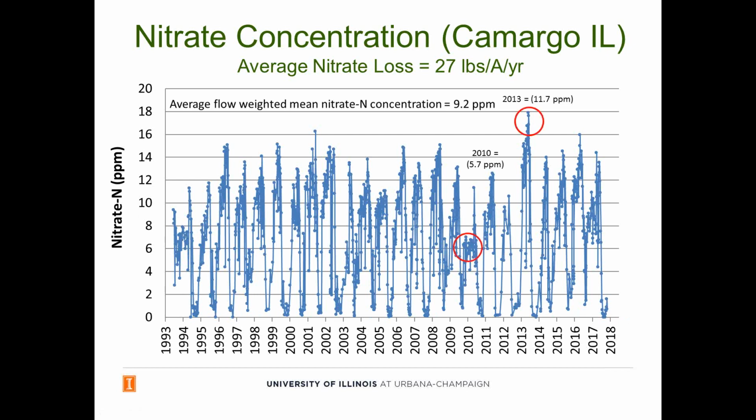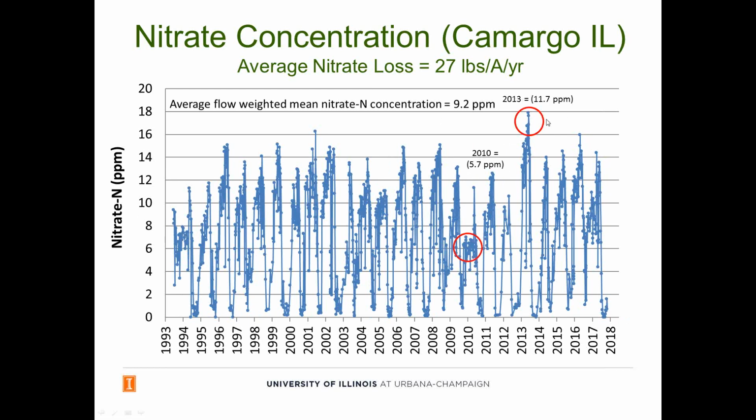But I point out 2 unusual years. 2013 is the highest flow-weighted mean, at 11.7, and that's the year that follows the drought. So we have a 50-year drought. We had poor corn yields in Champaign County, and there was a lot of nitrate left over in fields, so that's carryover of nitrate from one year to the next. And we had a very wet January through June of 2013, so it was really a 1-2 punch combination as far as water quality goes, because a bad drought followed by a very wet winter certainly leads to high nitrate